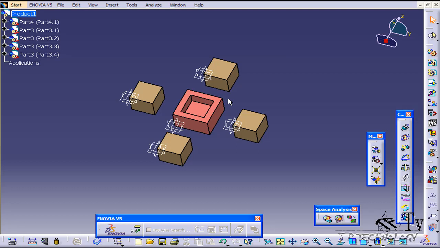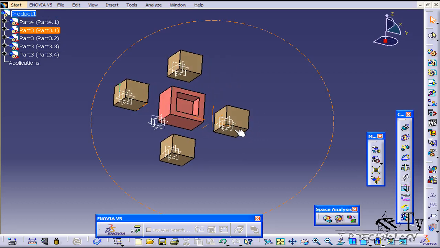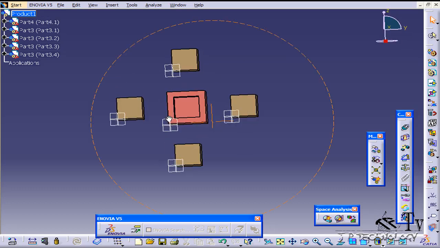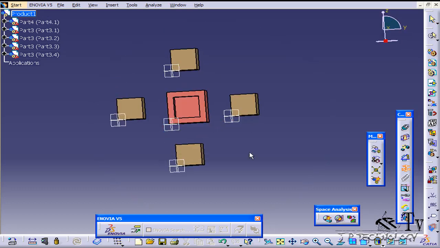So in the other examples, I was telling you that if you want to move this block, you'd have to click this block first, then this block to move. It doesn't matter the order after you fix it. So after you fix it, you can click this face first and then this face, and then the brown block will move. So to fix a component, what we have to do is click Fix, click the component, and